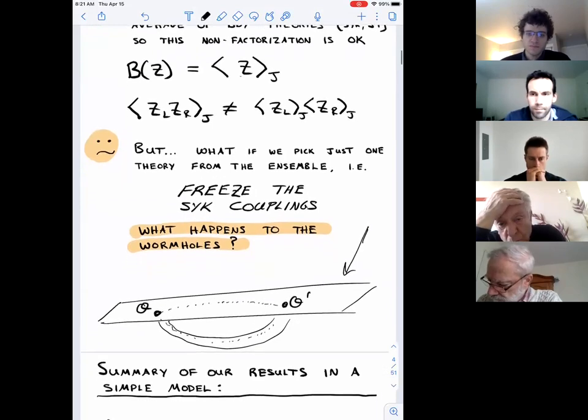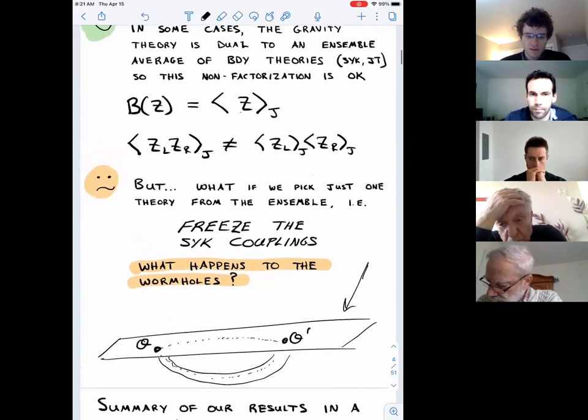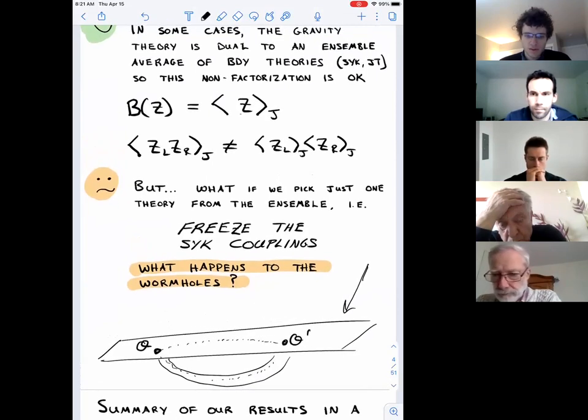But I'm sorry, I thought that there was a theorem that says that any connection via the bulk of 2 points on the boundary has to be longer than on the boundary, right? Well, this is a theorem about the space-time trajectories, which would apply to spatial wormholes. I'm not sure it excludes space-time wormholes like this.